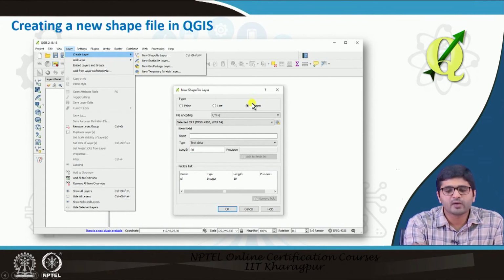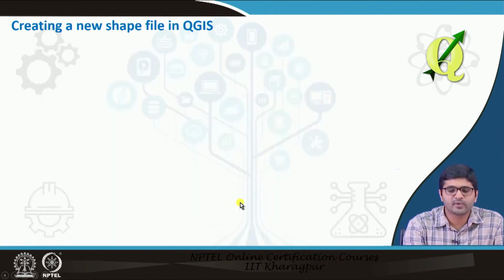So if I want to create a polygon, I need to select polygon. If I want to create a line, I need to click line, or if I want to create a point, I need to click on points. So for example, if I want to create a building polygon or a water body polygon, I'll select the polygon feature, and then I can choose the coordinate reference system here. I can choose EPSG 4326 WGS 84 as my coordinate system, or many other options are available if you click here. And then you can add multiple new fields here. So if you want to add a text field, or a numeric field or floating point field, you just give its name and the type of the field, and then press OK.